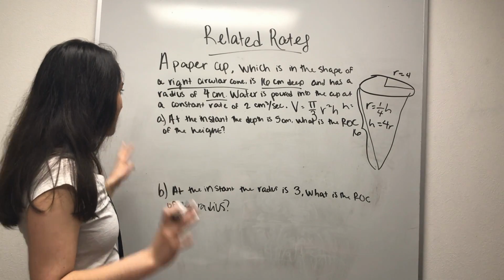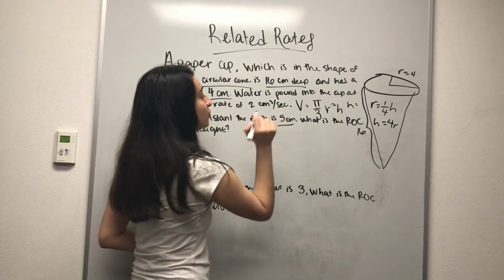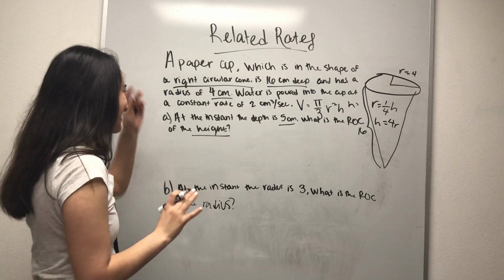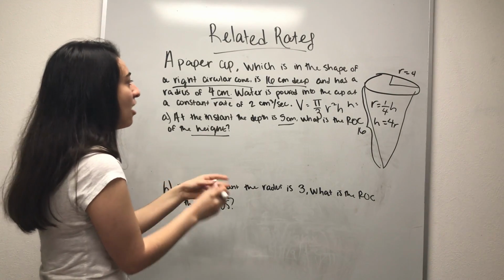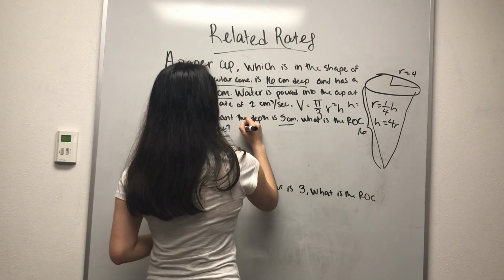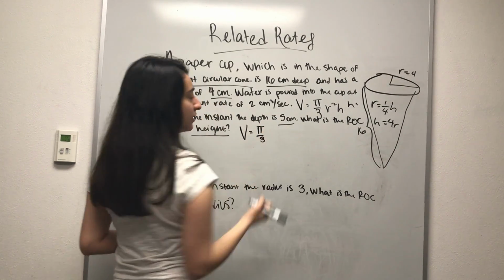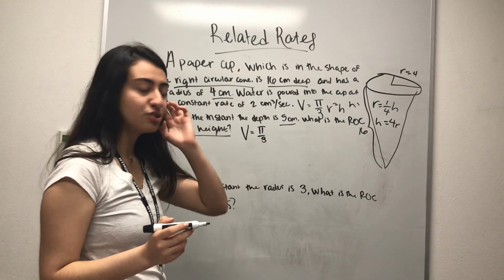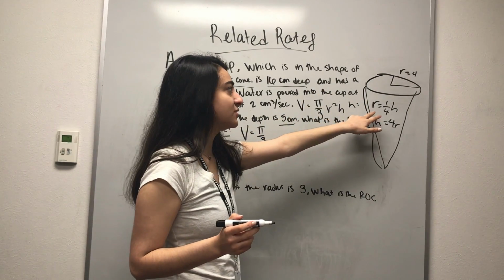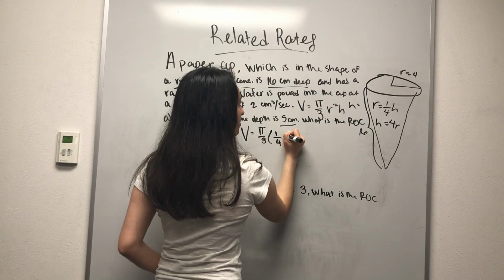Okay, A is asking us: at the instant the depth is 5 centimeters, what is the rate of change of the height? Not bad. We can do this. The first thing we're going to do is pull out this equation that we saw right here, and put that to good use right now. So we have V equals pi over 3, and then we put in the radius because we do have the radius. R in this case is going to be 1/4 H. Let's put that in there, 1/4 H